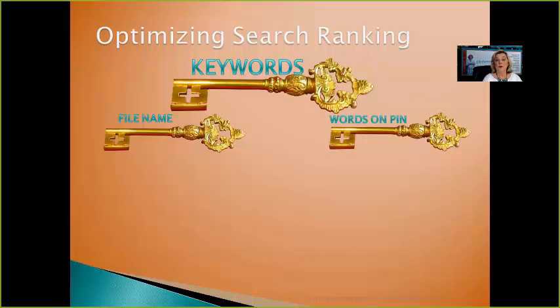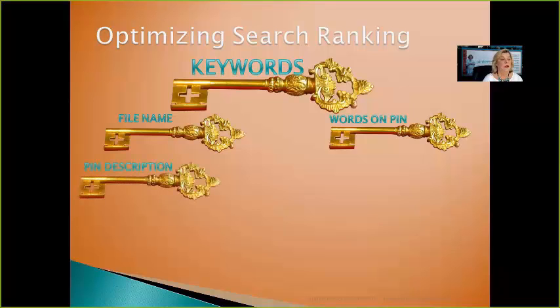Because with Pinterest, they have the ability to scan the picture and read any words that are on that image. So if you put, like with the example that I used, playing tennis at Kremlin, it's going to read that, and that's going to help move you up in the search on Pinterest, more to the top, just like helping to move you to the first page on Google.